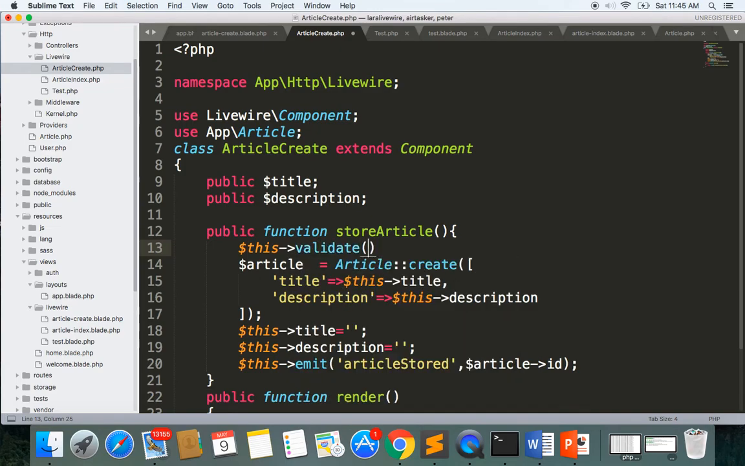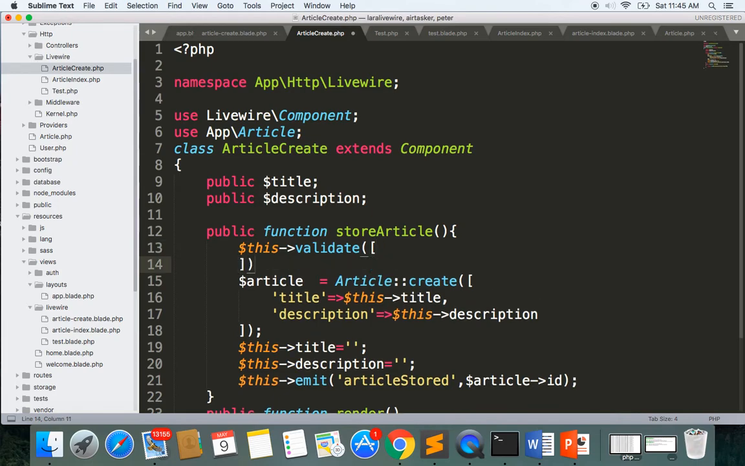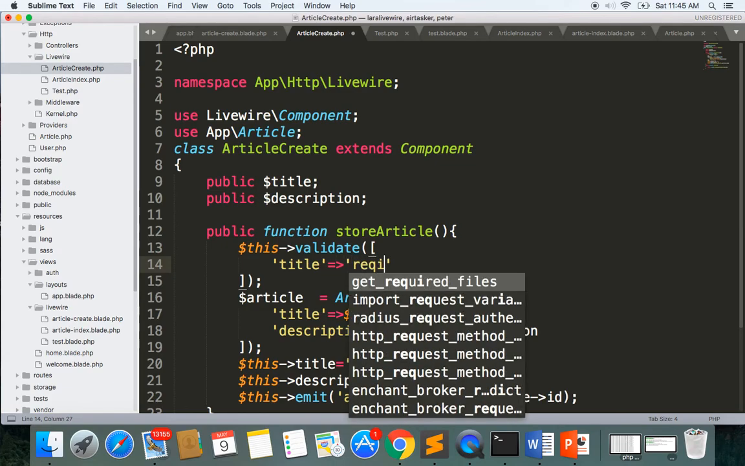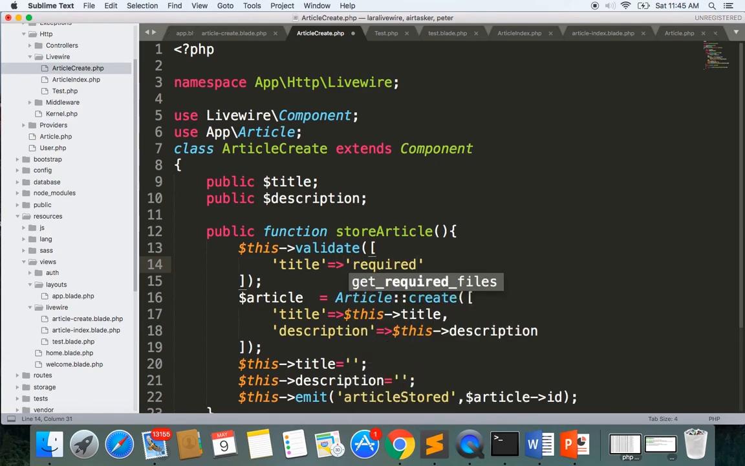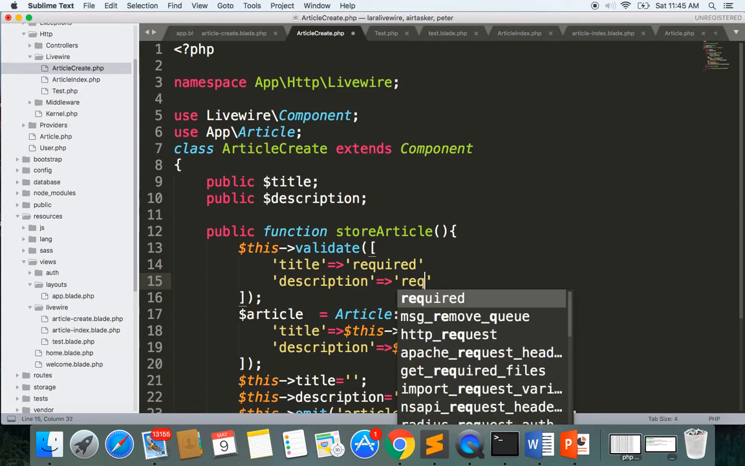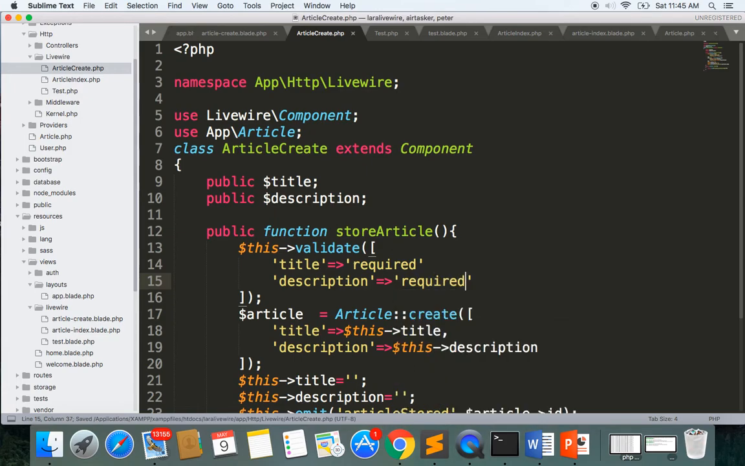and here what do we want to validate? We want to validate the title. I'll just make this simple. I'll write required. You can validate like minimum or maximum words or whatever you like, but I'll just make this required. So this is done,